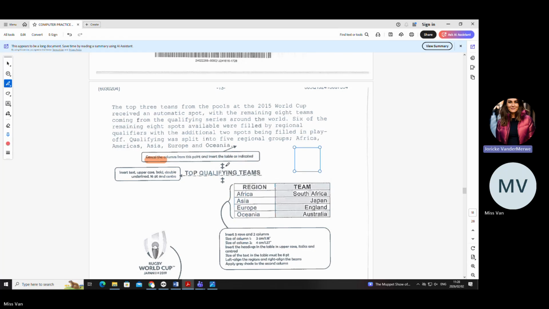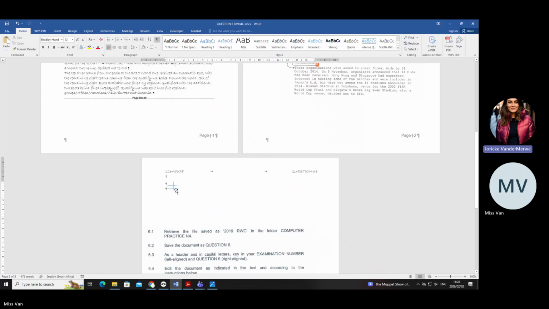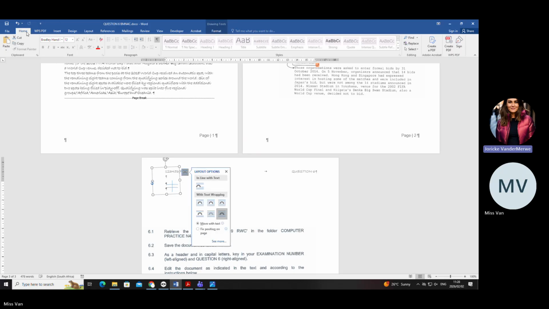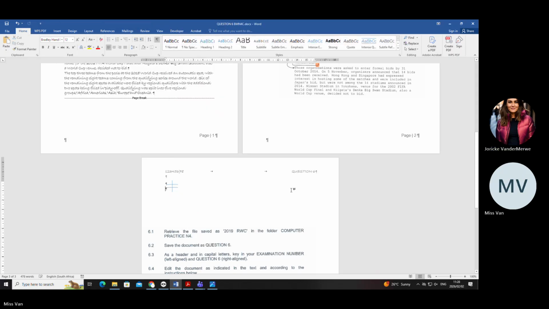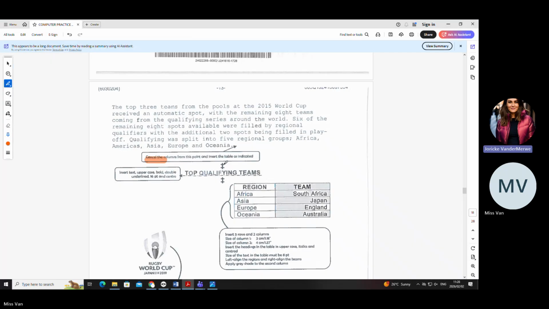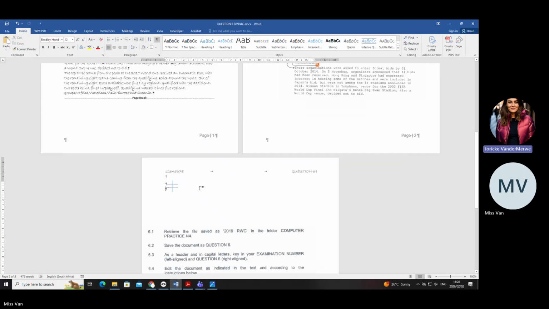Now, this is one of those symbols, we call them manuscript signs, and there's more that I will teach you as time goes by. But for today, I'm only going to teach you this one. I've redrawn it here, and there's a reason why I've put it over here by the two paragraph markers. By the way, how do I switch this on again? I go to Home and I switch it on. Now, when you switch yours on and you are busy with this part of the question paper, this must have one space.